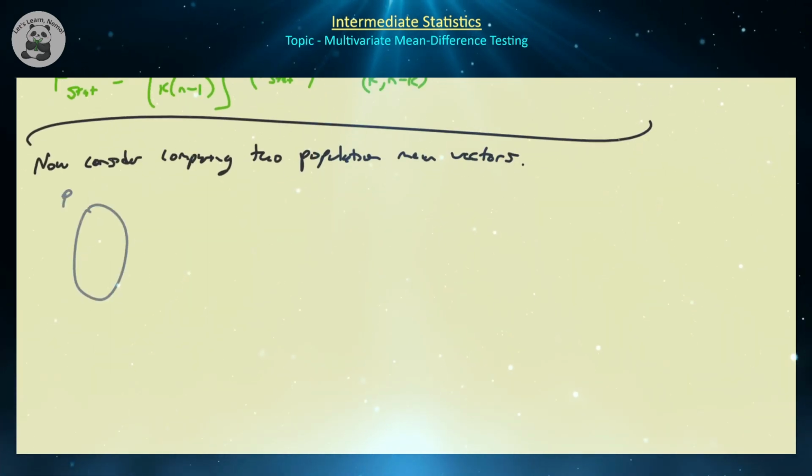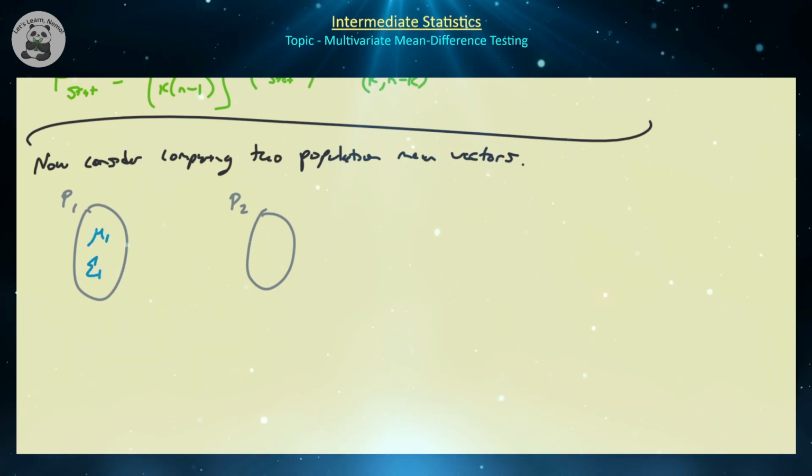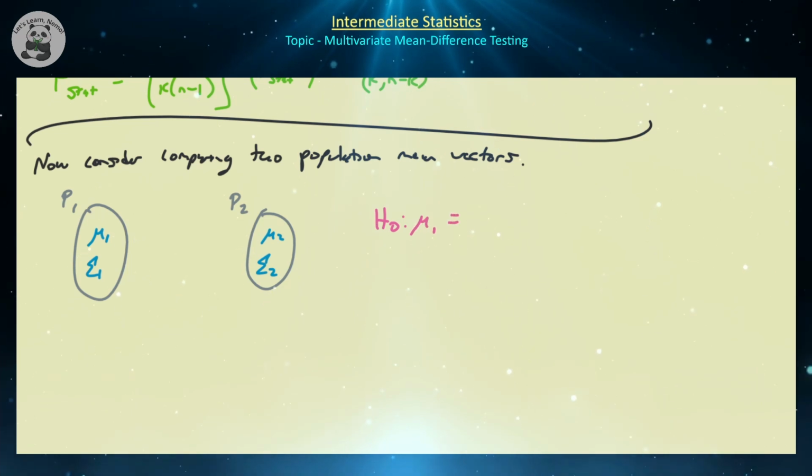So we're going to have one population, call it P1, another population, call it P2. Population 1 has a mean vector mu1 and covariance sigma 1, and over here we're going to have mu2, and then, for example, sigma 2. Now let's assume we're interested in testing the null hypothesis that mu1 is equal to mu2, with a two-tailed alternative